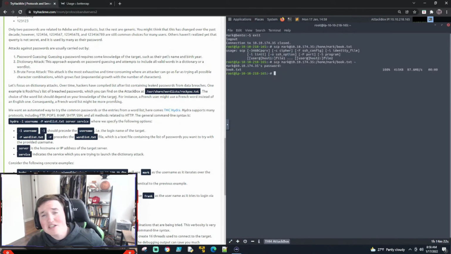Now, this is much slower, okay? And the reason I say it's much slower is because they have to guess everything, right? I can tell you it's obviously eventually going to get it right if you brute force, okay? Eventually it will get it because it kind of has to. But the problem is it could take years, and I'm not joking. You could have your computer running one brute force attack for a password and not get the password for years. By then it doesn't matter because that password's been changed, okay? So keep that in mind.